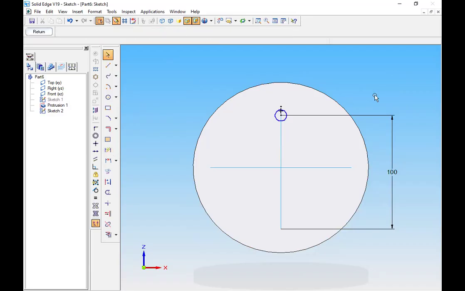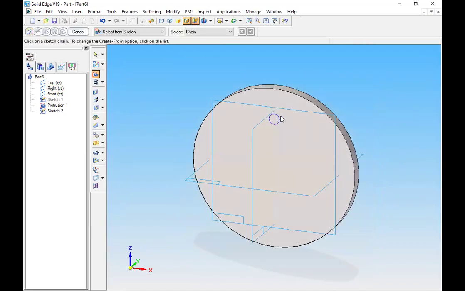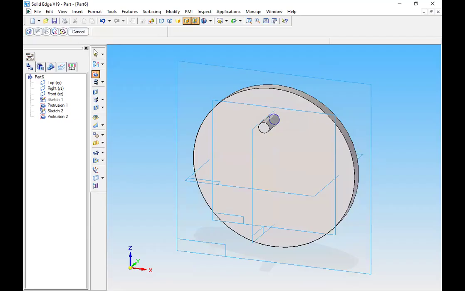Okay, so I drew it and I'll return and I'll do the protrusion of this. I'll do this side of some 25 mm. Okay,